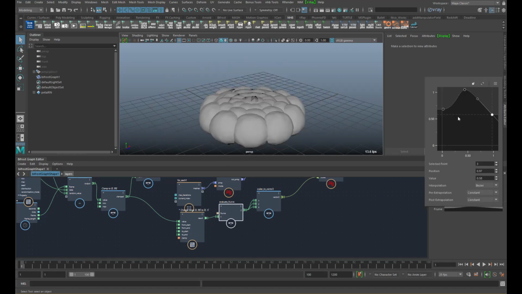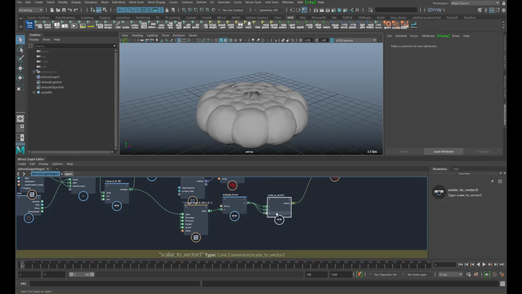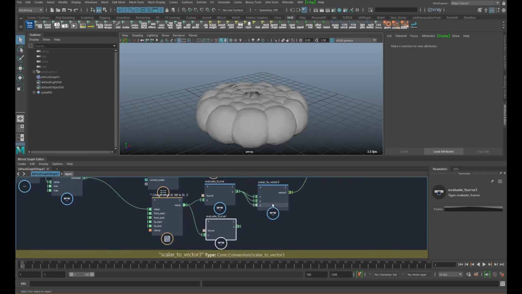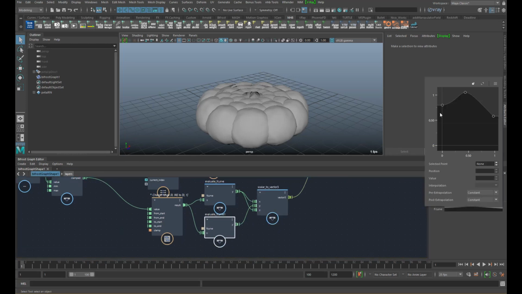And also you can make different F-curves for different axes. So if you want to change the y-axis, for instance, we can hook it up like this.